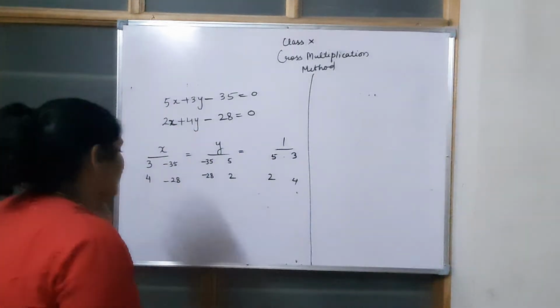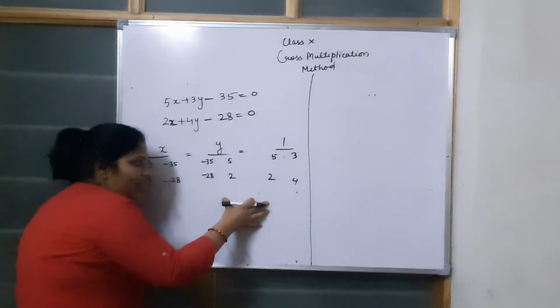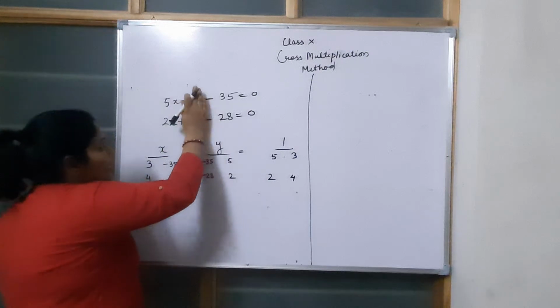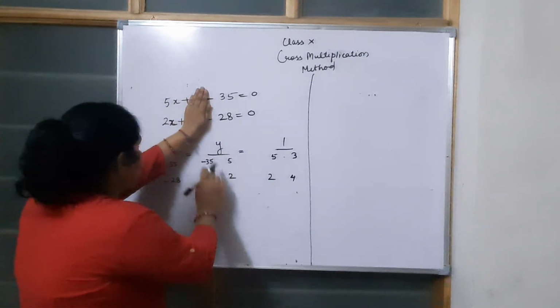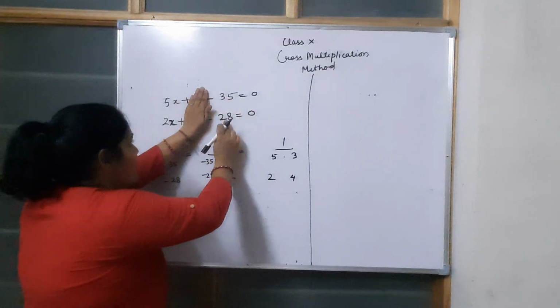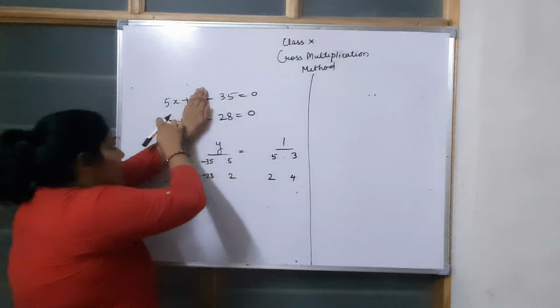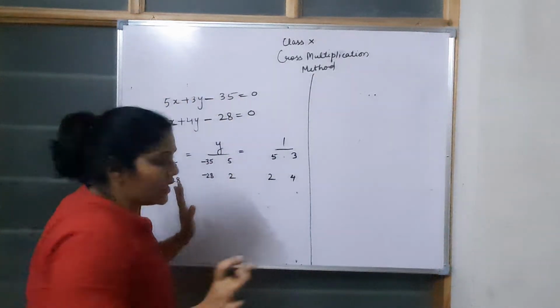All right. Now one more thing to remember, when you are applying this method which I am telling you, you just need to move forward. It is not that when you are writing the coefficients of y, you write them below y, first minus 35, minus 28, you will be writing here and then 5, 2. It is not that you first write 5, 2 and then minus 35, minus 28.